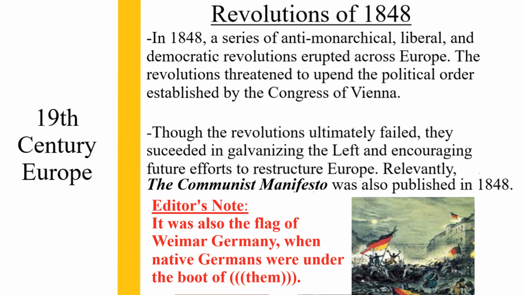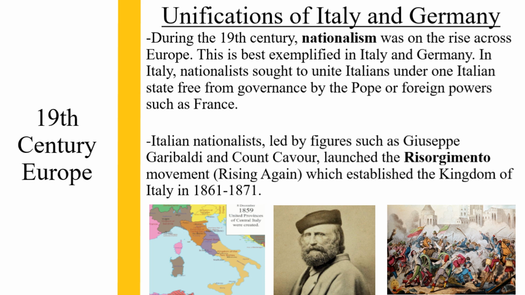If we go on to the next slide, now we're looking at the middle of the 19th century. During the mid-19th century, nationalism was on the rise across Europe. This is best exemplified in Italy and Germany. In Italy, nationalists sought to unite Italians under one Italian state, free from governance by the Pope or foreign powers such as France. Italian nationalists, led by figures such as Giuseppe Garibaldi and Count Cavour, launched the Risorgimento movement, which means rising again, and established the Kingdom of Italy in a series of wars in the Italian peninsula from 1861